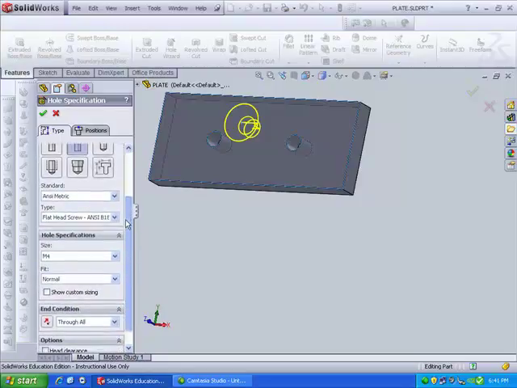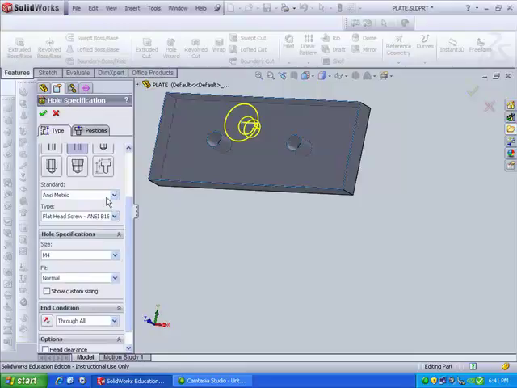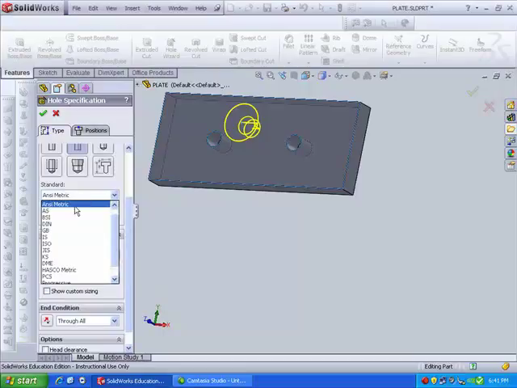Okay? Once you select the countersink tab, you'll notice that a few selections light up down here. One being standard, and they're talking about the ANSI standard, ISO standard, JIS. JIS is Japanese, KS, DIN, which is German, and also, if you come further down, you'll notice, and some of you mold makers or tool makers may notice, that they also include DME, Haskell, metric, PCS, Progressive, and Superior. These are actual vendors. They've gone ahead and supplied the